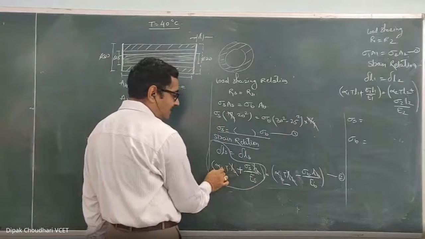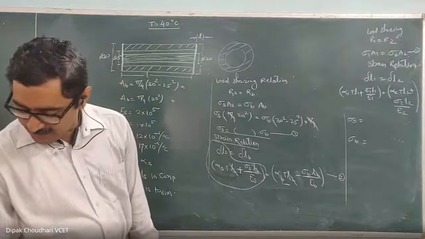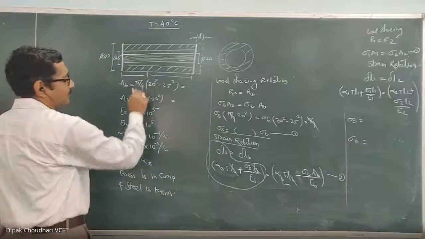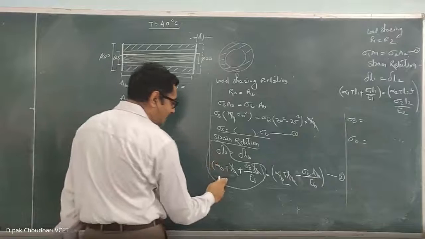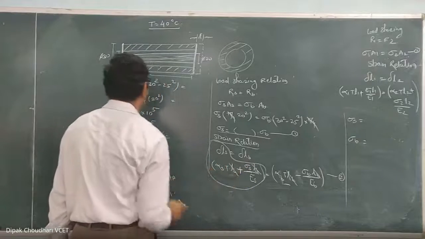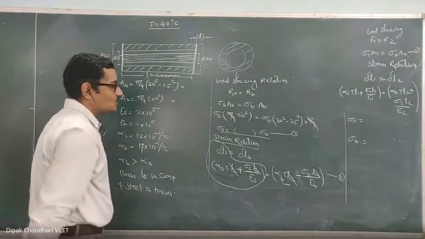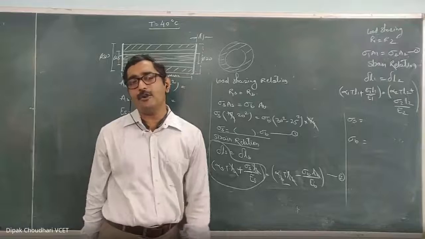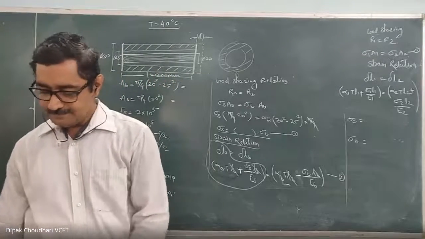Now you know the alpha S. Substitute this value and get the answer. You can find it only if you know the length. Here the length is given as 200 millimeter, because in the earlier equation we cancelled that length. But to calculate this delta LS, we require this length, and the length of the assembly is given as 200 millimeter. So by taking it as 200 millimeter, you can get the final deformation of the assembly. Okay, next question.